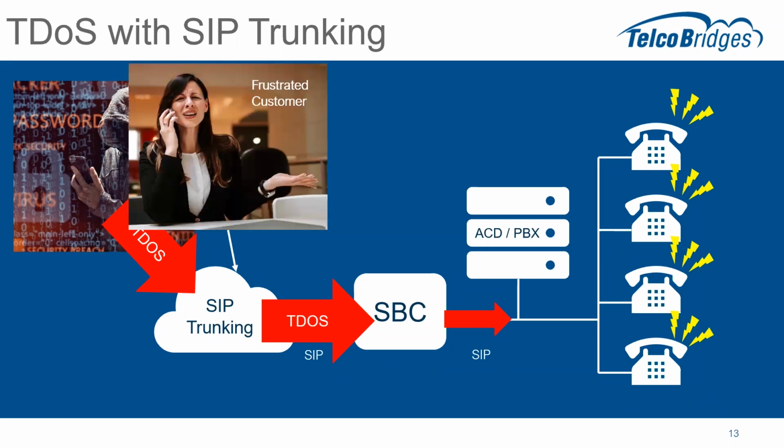And the end result is that customers who are trying to call this business are getting a busy signal, or ring no answer, or nobody's taking their call, or they end up in voicemail. They just become very frustrated, and of course this business is just not getting the service that they had anticipated. So working with TransNexus, we've come up with an innovative solution,